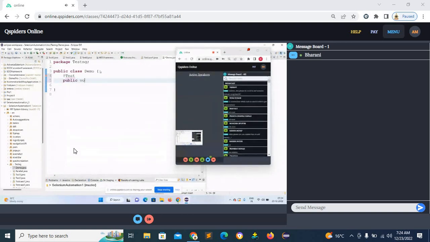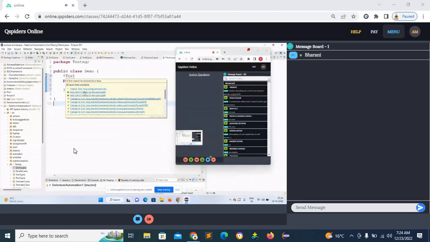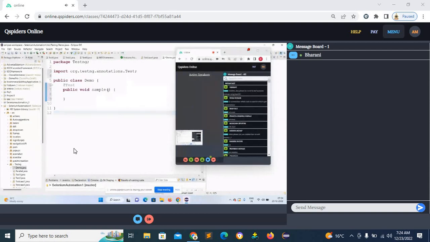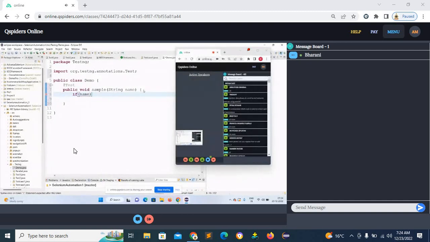Public void demo, public void sample, one name of a method. Let me import this annotation Test. Now let me pass one parameter: String name. If name is equals to Chrome,